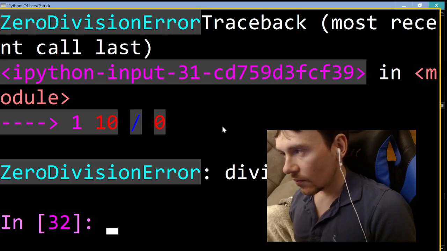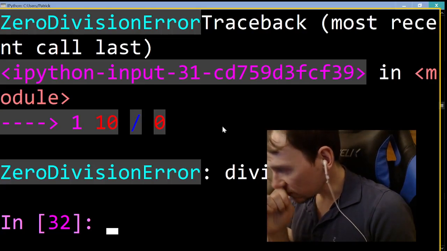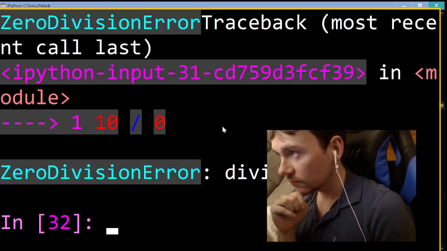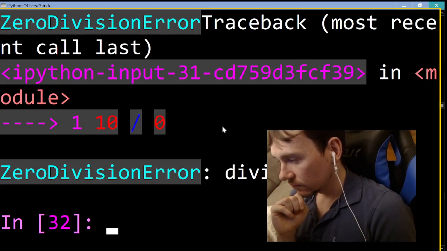IPython input 31, line 1, 10 slash 0. ZeroDivisionError: division by zero. In [32]: